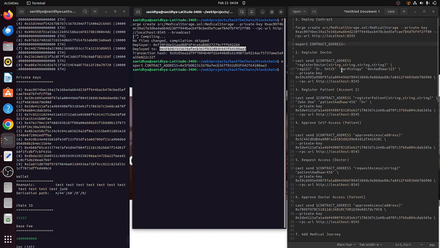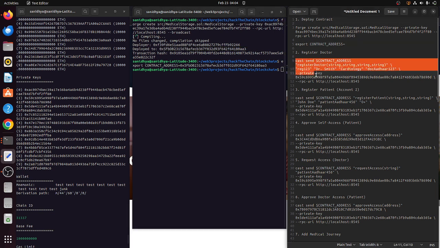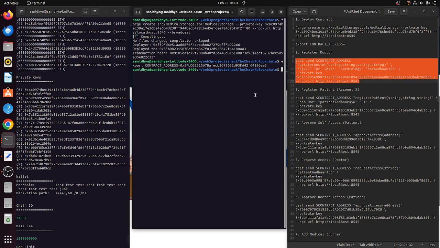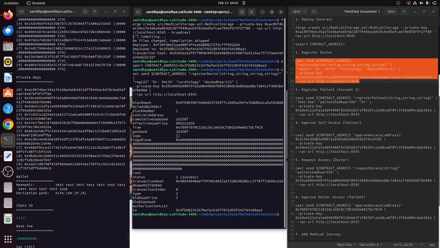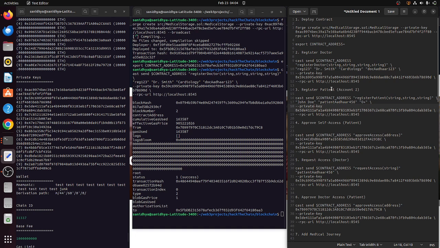Now coming to the first thing, that is register doctor. So I have made the queries earlier such that we don't have to waste time in writing the queries. Here is the transaction of addition of doctor. Coming to the patient,